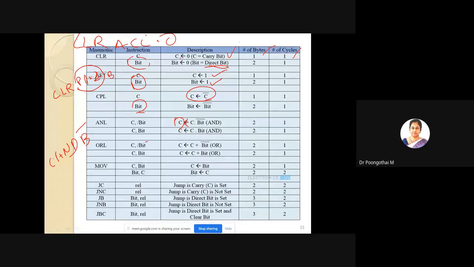Next, ORL instruction, ORL C with bit inverse, ORL C with bit. So 2 bytes, 1 machine cycle.